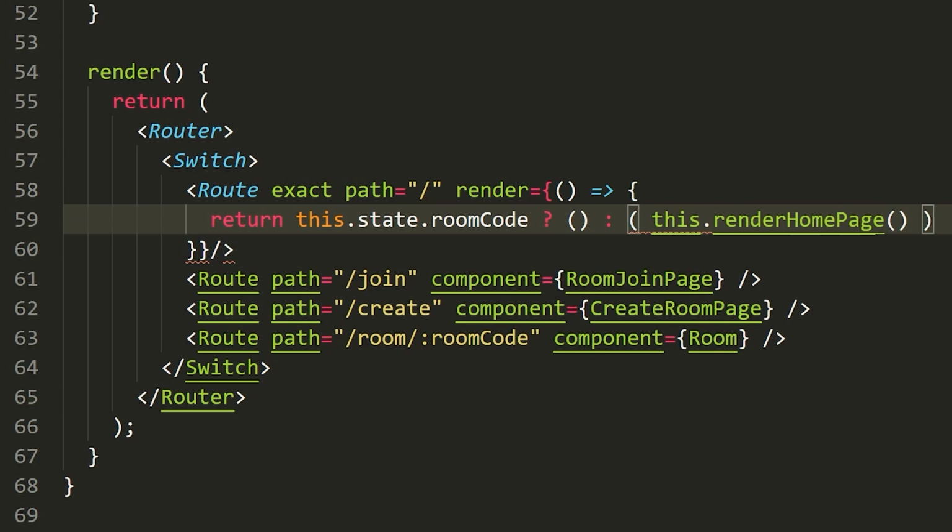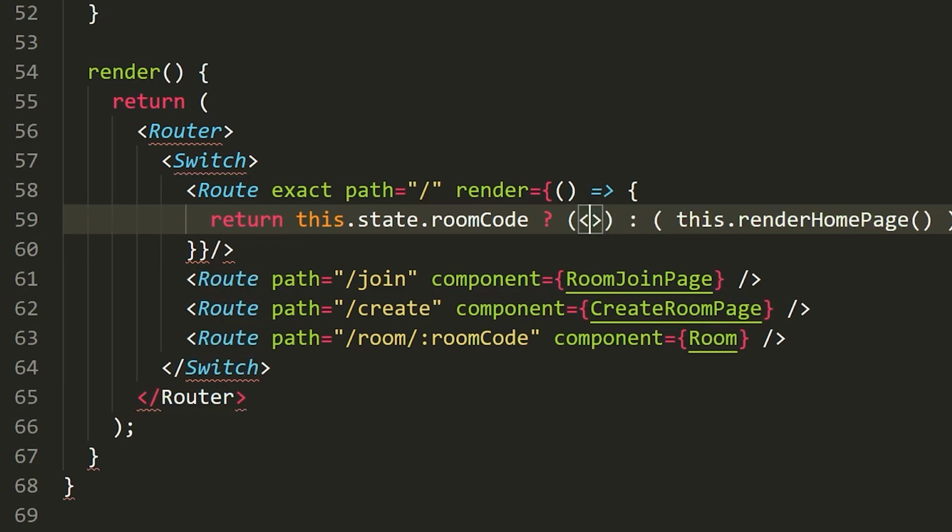Let me just wrap this. Oh, I think it's because I didn't put something here. Okay, so I don't know what's going on, but I think it's just because I haven't actually finished writing what I need to put inside of here. But anyways, what we're going to do inside of these parentheses here is we're just going to say redirect,